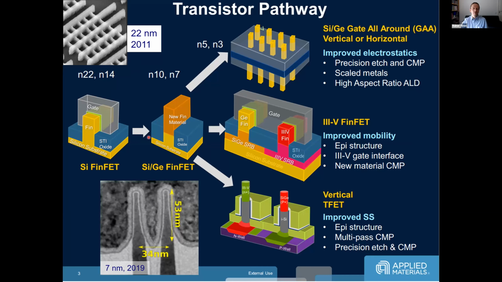So they project that in the future, the pathway for transistors should include something called a gate-all-around structure, so that you have the active channel completely buried by the oxide around,